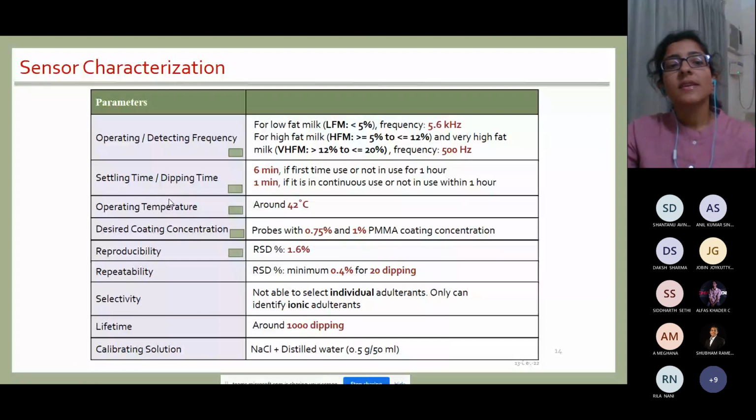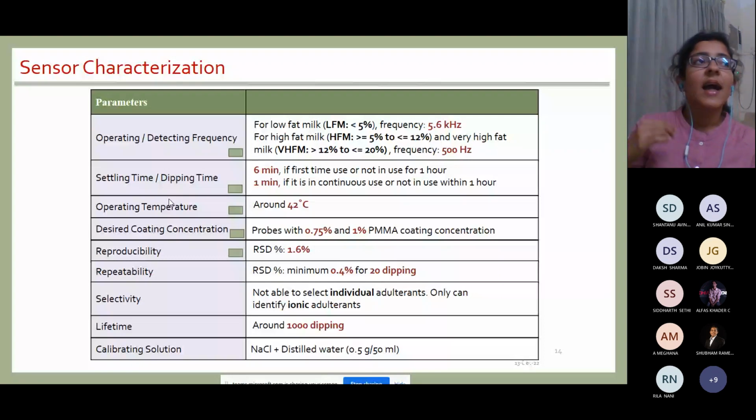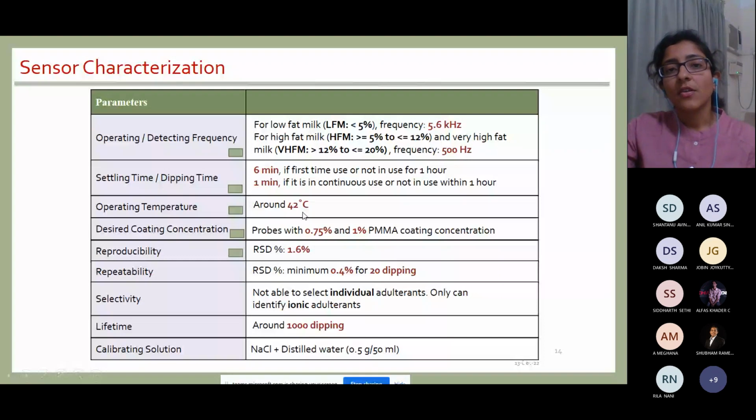So for this, what are the settling times when we are repeatedly dipping, and what are the settling times when we are using it for the first time, or after two to three hours? You need to do all those experiments rapidly so that you will find a solution, that one parameter, the dipping time. We found that it is a 6-minute dipping time, then a 1-minute dipping time